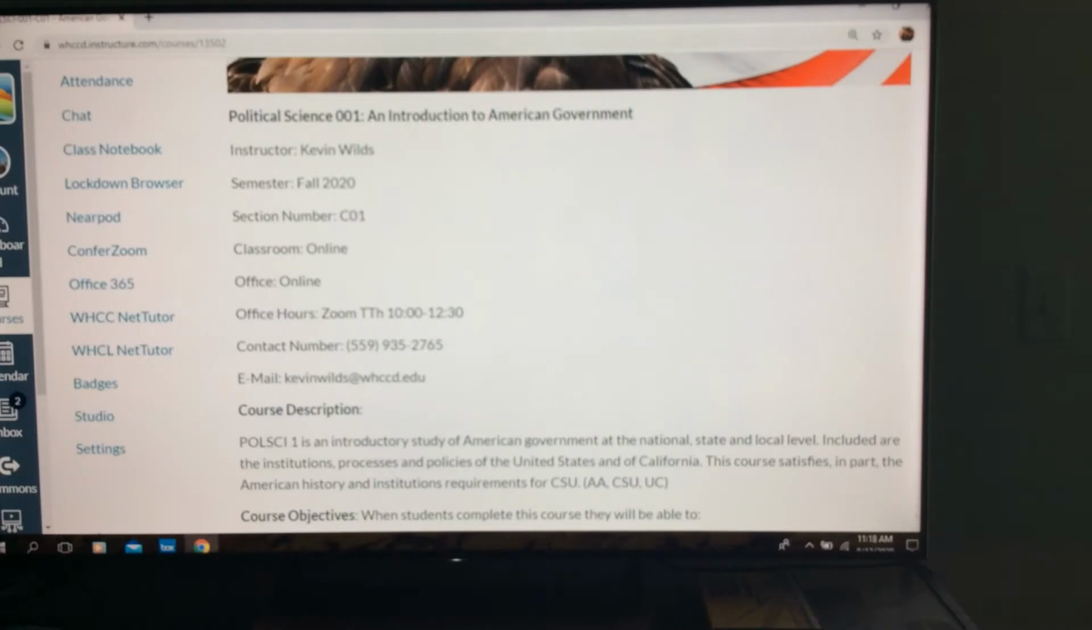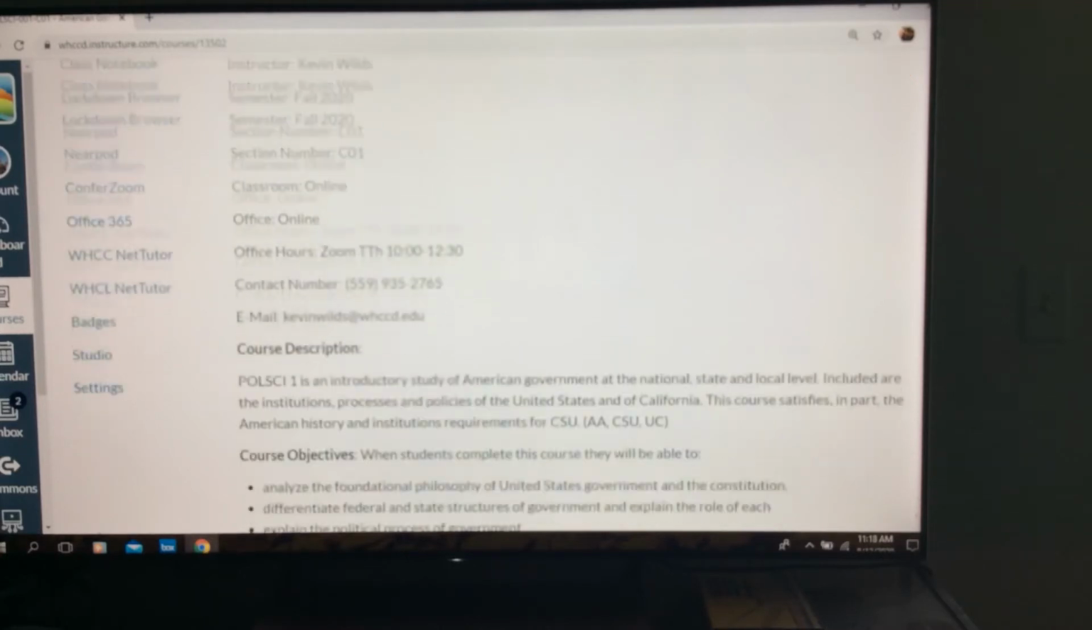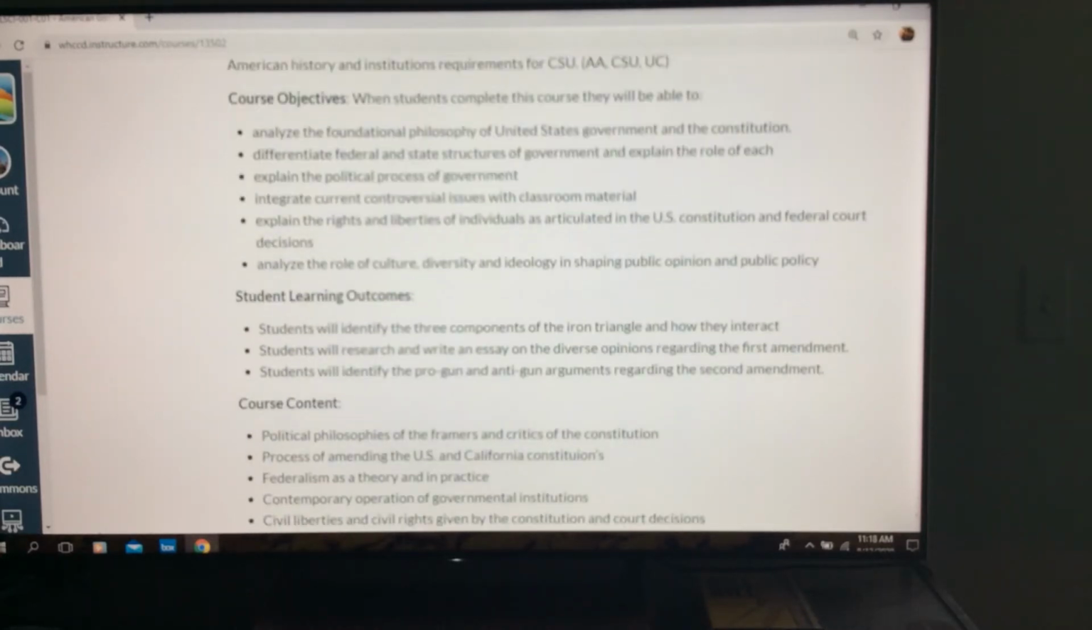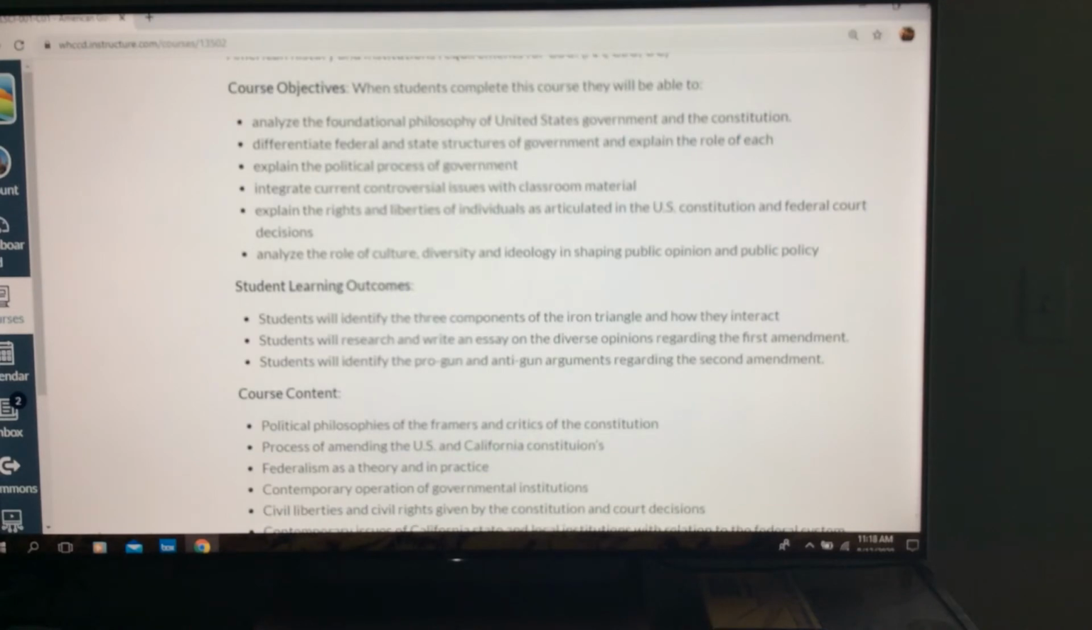All right. So the course, it is Poli-Sci 1, so it's an American government class. You have to take this class to get your degree. So we'll be looking at American government and California government. We're going to look at the history and institutions and why our government is set up the way it is. All right. Let's go down. Course objectives. When you complete this course, you should be able to: